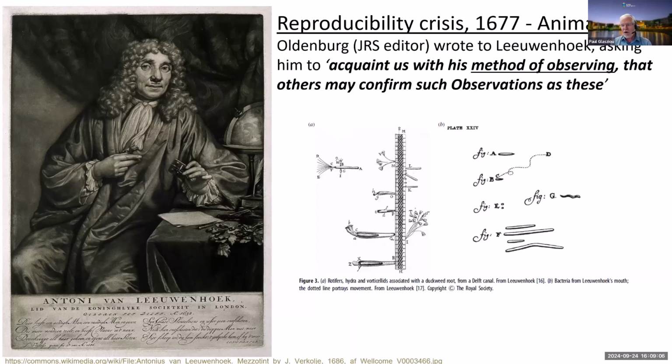Van Leeuwenhoek never actually gave that to Oldenburg, but instead Oldenburg got Hooke in Oxford to replicate the findings, which took him some time. He had to experiment because he didn't have this precise method that Van Leeuwenhoek had used, but he eventually did manage to confirm the findings, and that's when Oldenburg decided to publish it. So you can think that the reproducibility crisis actually goes back to 1665 and has been just more identifiable in